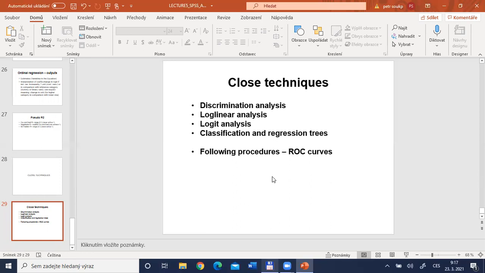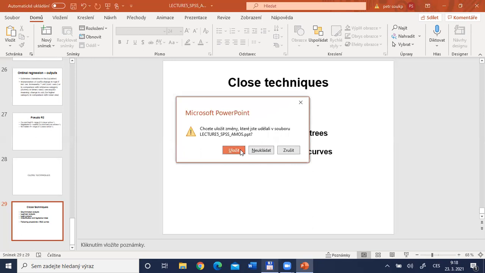And there is also a procedure that can be applied to all these techniques that are prepared for binary, nominal or ordinal dependent variables, and this is called ROC curves. These ROC curves are capable of comparing the classification quality of different models. So currently I will close the presentation. So I would stop showing the picture and stop